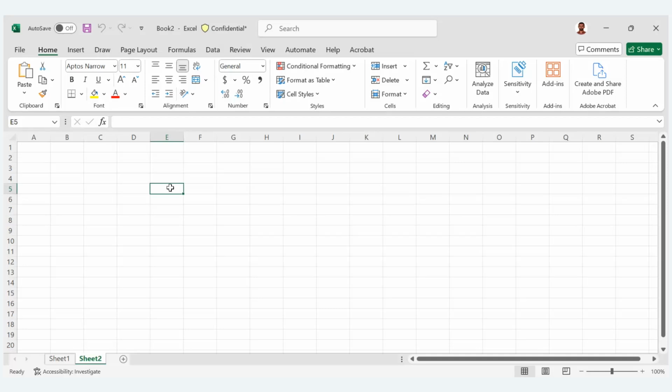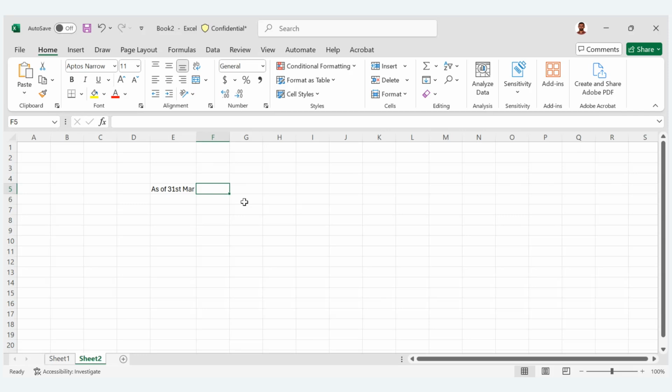Let's say I have, as of 31st March, usually we will take a cutoff date as the end of the year. So in this case, for the India scenario, I'm taking 31st March as the cutoff date. So on 1st April, I will make transactions in the new system, that is Oracle Fusion. Now if I take my trial balance